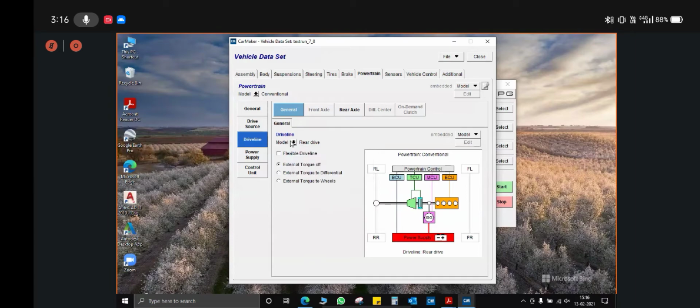Now you have to ensure that external torque off is selected at all times. For optimization purposes only, you can select this external torque at wheels. So you can see these arrows have appeared here, front left and front right. Actually, this must go at rear, but okay. What they mean is that directly some external torque value will be defined here. So say for example, you have to define your transmission so as you get a torque of 600 Newton meter at your wheels.